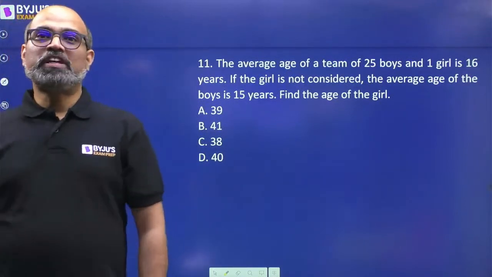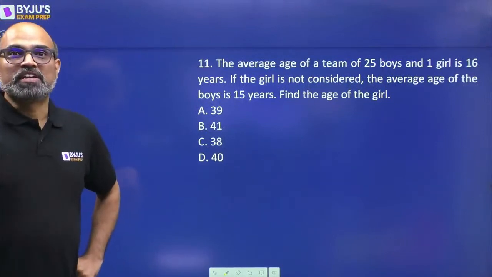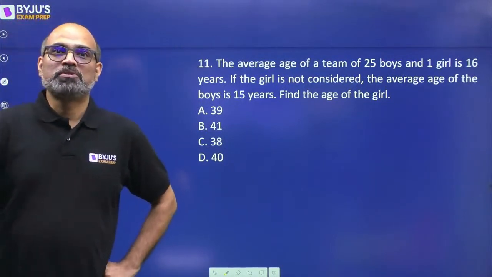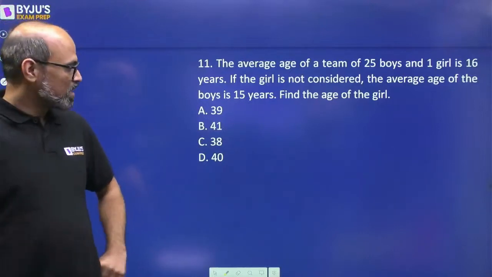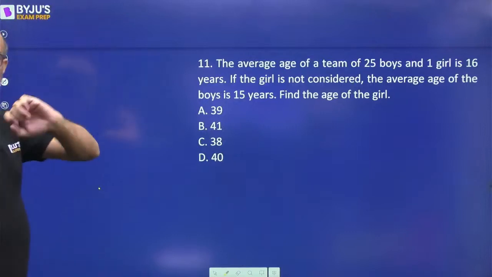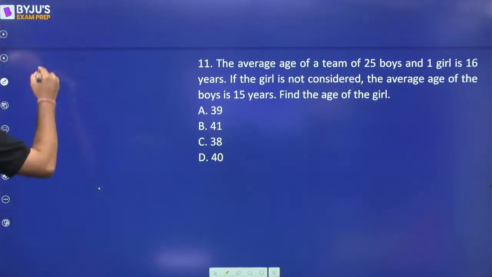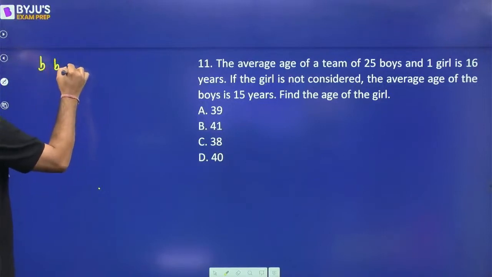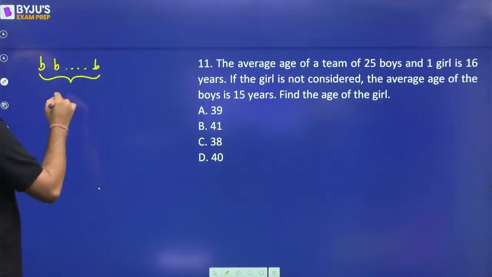The average age of a team of 25 boys and one girl is 16 years. If the girl is not considered, the average age of the boys is 15 years. Find the age of the girl. Can be solved in a lot of different ways. एक तो है equation लगा लो, variable वगैरह use कर लो. The second is storytelling. कि भैया अगर boys की बात करें तो ये सारे boys का जो average age है